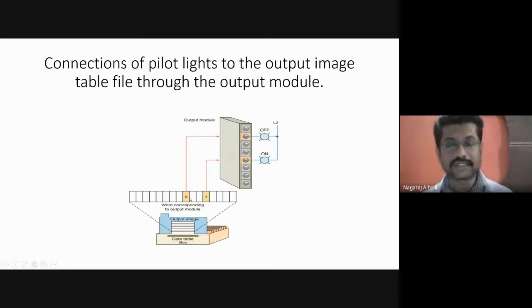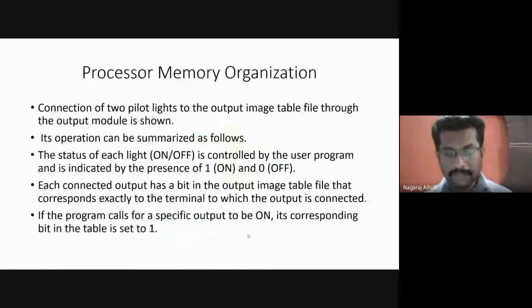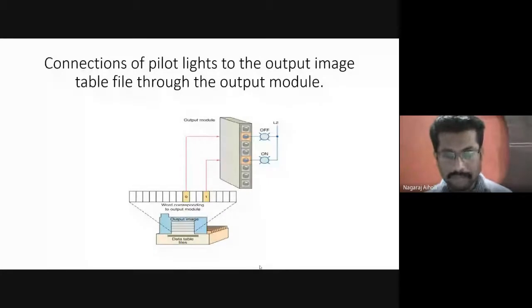Then here the indicator light or the pilot light is on. This is stored as 1 in the output image table file. Like this we can connect one to one between the output image table file bit statuses and the output terminal devices.